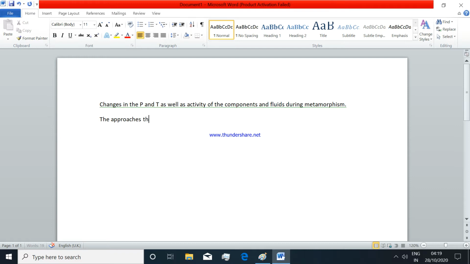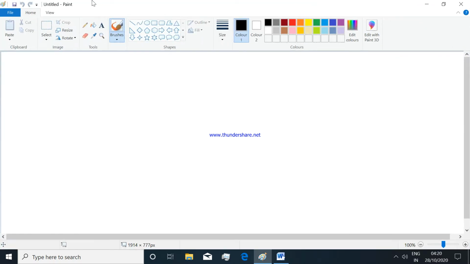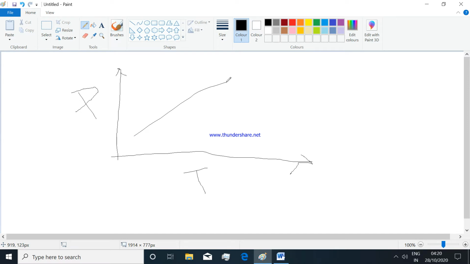The approaches that could be made are quite relevant now. The reason is that whenever you see a region, you are observing it in terms of a pressure, temperature field, as this axis is pressure and this axis is of temperature. And what we have known from the thermodynamical viewpoint is that during the increment of pressure and temperature, the phases consisting of the components in Gibbs free energy field will change depending upon the minimization of the Gibbs free energy